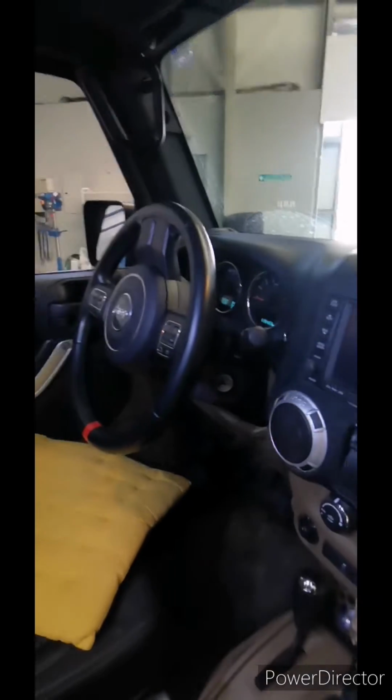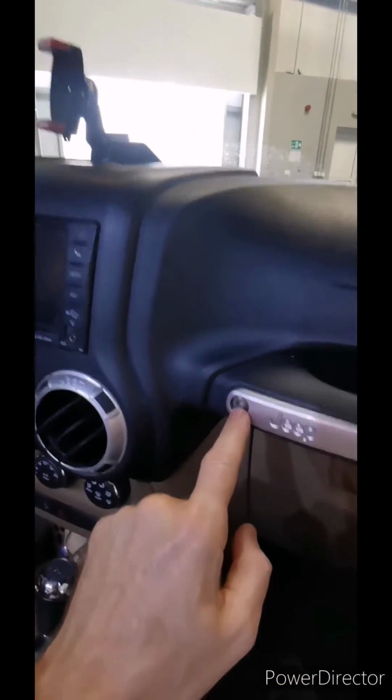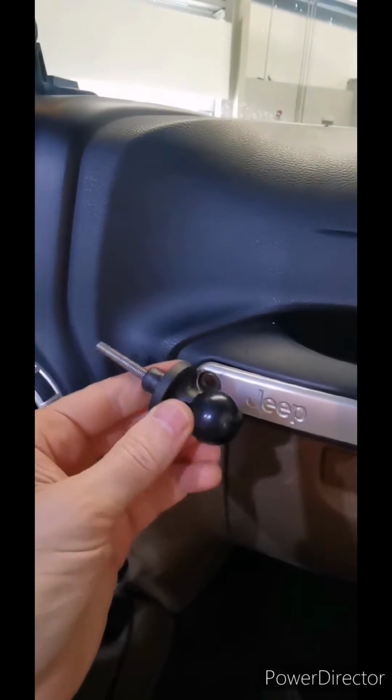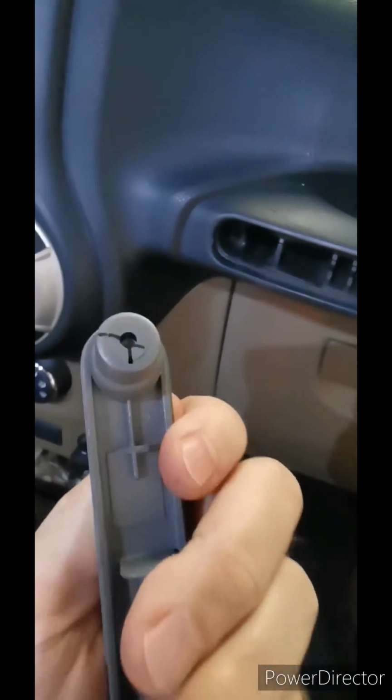We want to be able to mount our tablet right here so the driver or the navigator can see it. Looks like a great place to mount one of these RAM balls, but turns out it's fake. It's just a fake screw going into nothing. But look at that, we got a nice hole there. And so